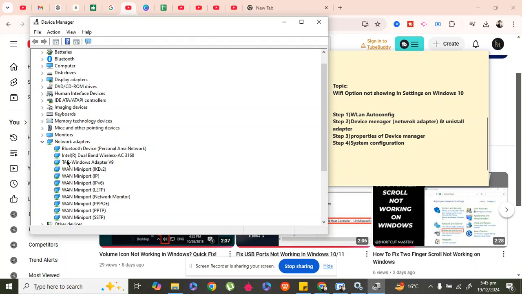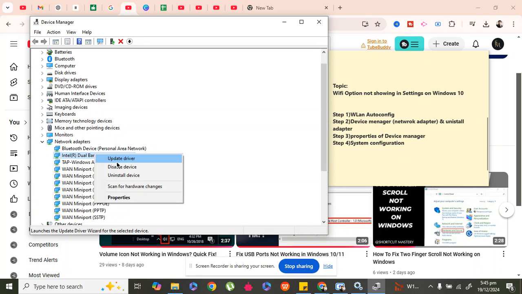You just have to find your device. Dual band wireless, yeah, here is my Wi-Fi. When you find your Wi-Fi, right click on it and click on update driver. By doing this, your issue will be fixed. If it doesn't,